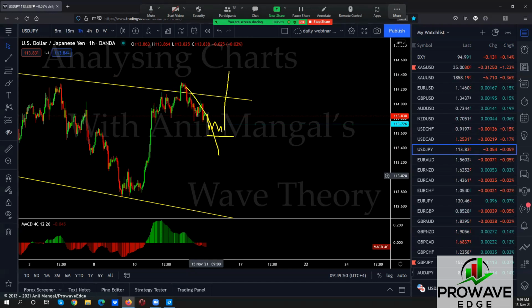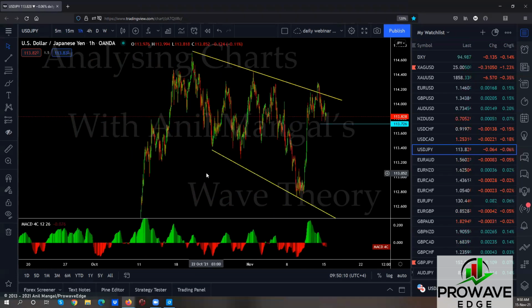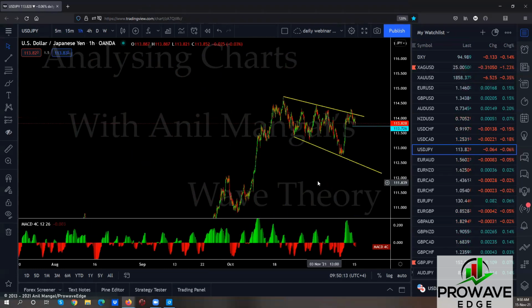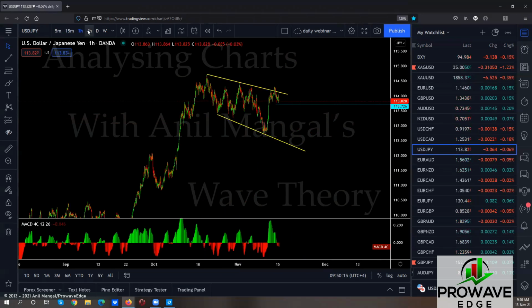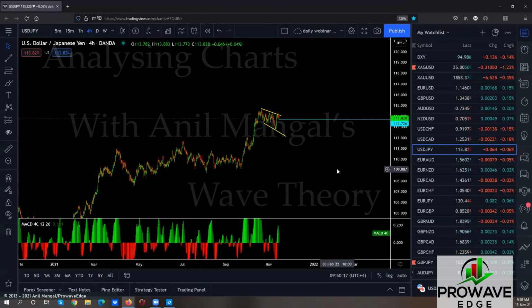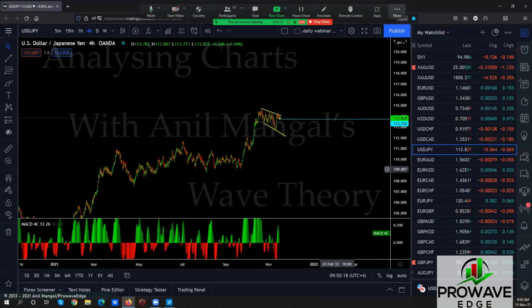Either in the next entry and wait for a turn. Once it goes enough that we think it's not going to turn, then great. We're going to trade it to this low and then back to the top. The good thing is once it breaks this low, you start to look for buy setups. So let's see which one it gives us today. Big picture, this is upside. There's no question about that, right? The big picture of this is upside. Eventually this, even if it comes back here, would totally do this.